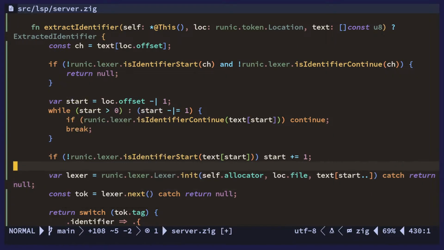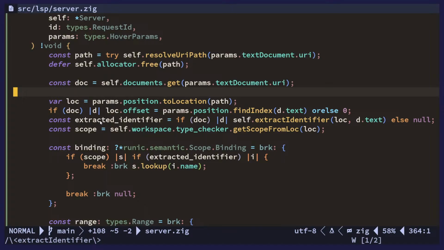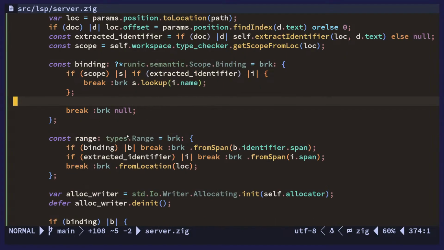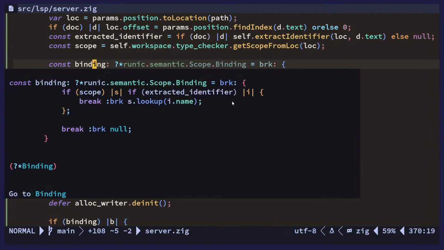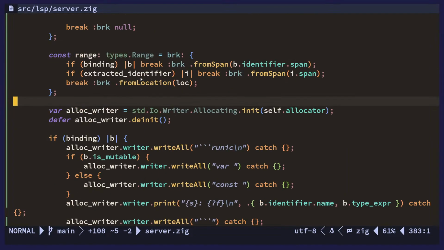And you need to be a var. There we go. Okay, so now potentially we try to extract the identifier, we get the source of the document, we still get the scope here the same as before, but now instead of finding the declaration location, we're doing a lookup of the name and use that to get the binding. And then we also could use the actual extracted identifier if we don't